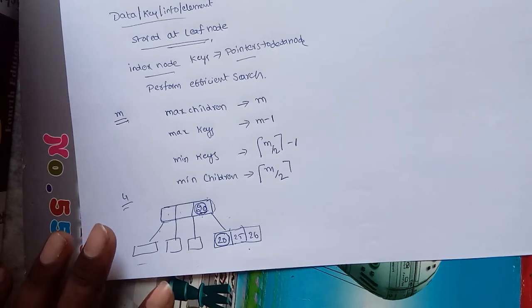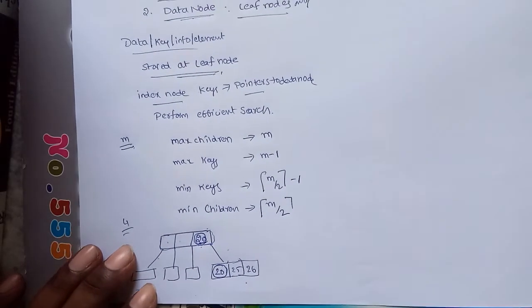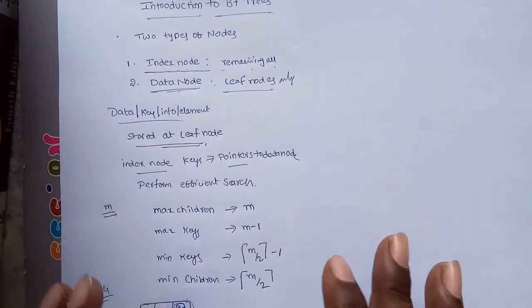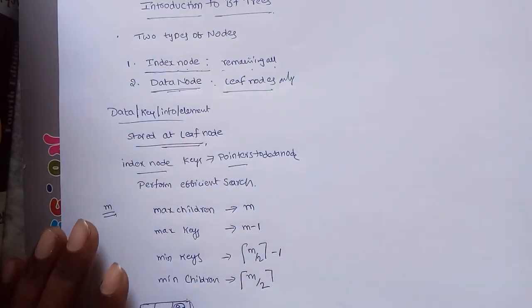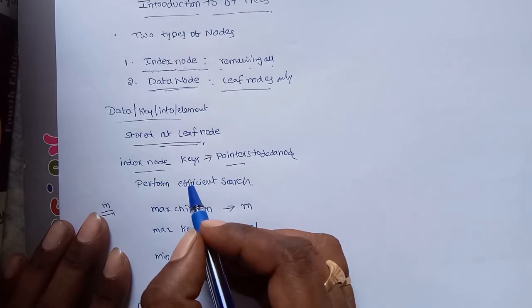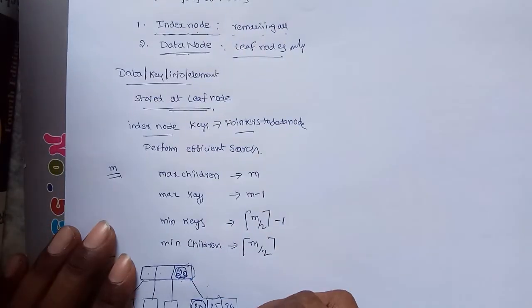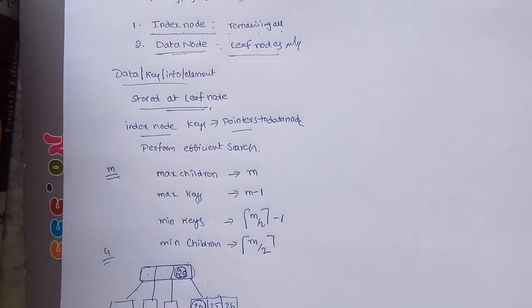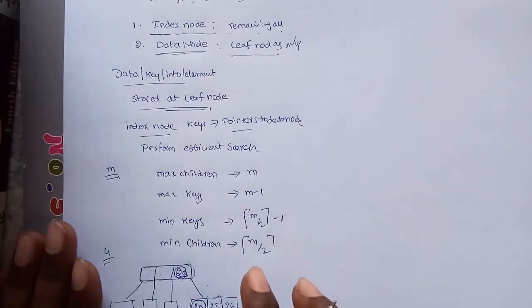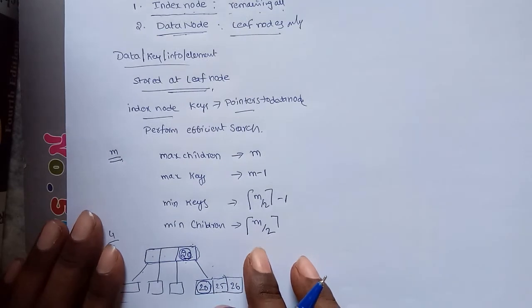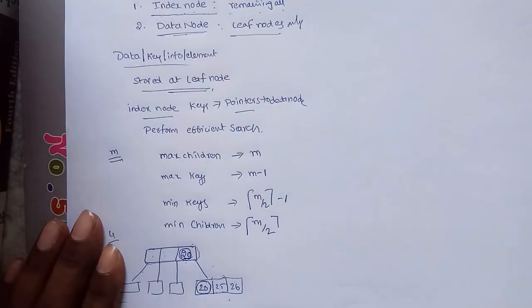Okay. Now I will explain some of the differences between B tree and B plus trees. The main difference is that in B plus trees search keys are repeated. Suppose 20 is present here and here, the search keys are repeated. But in B trees the search keys cannot be repeated, because one element is placed only once. But in B plus trees, one element is placed at the data level and also at the index level.